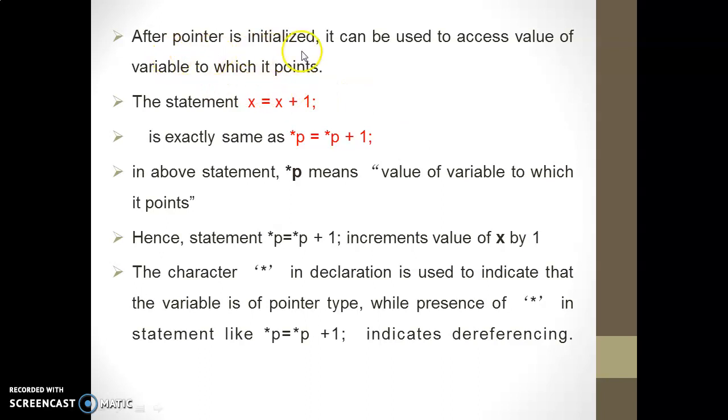Okay, now after the pointer is initialized, it can be used to access the value of the variable to which it points. So the statement x = x + 1: instead of this, as we have assigned the address of x to p, now we can write *p = *p + 1. It will increment the value of x because it is now a reference. P has the address of x, so whatever change we make through p will reflect in x.